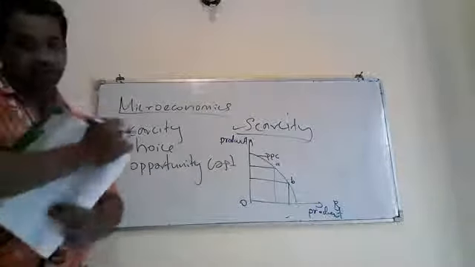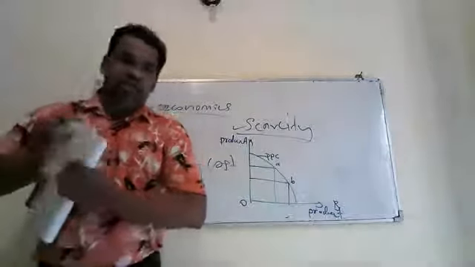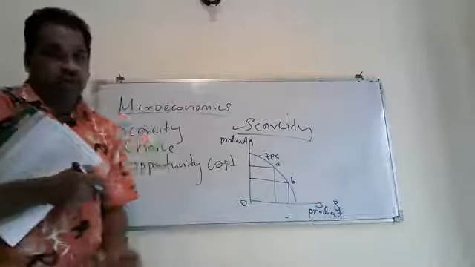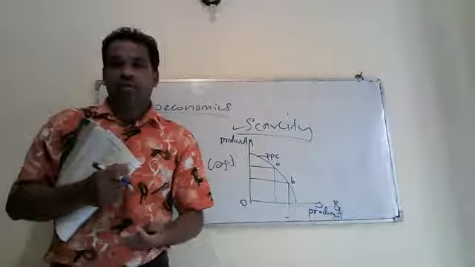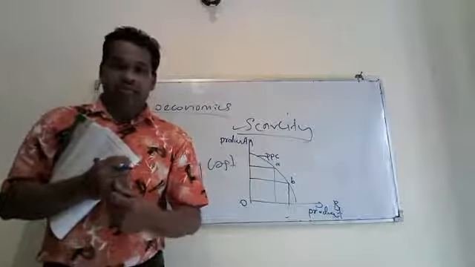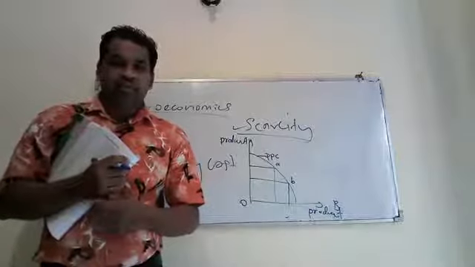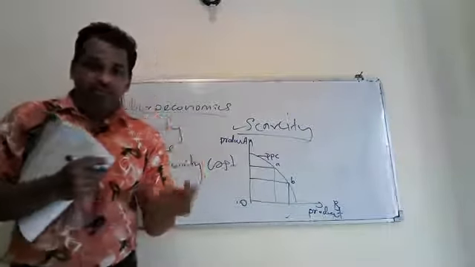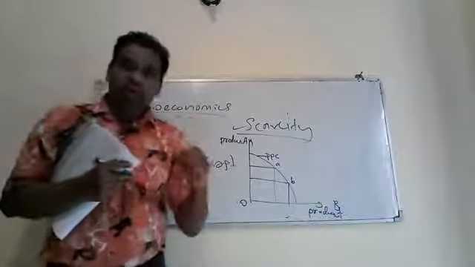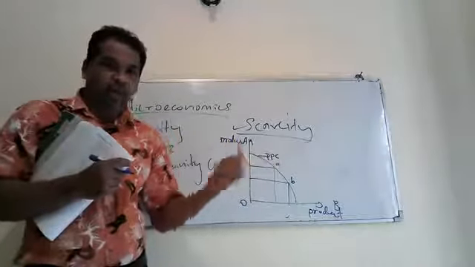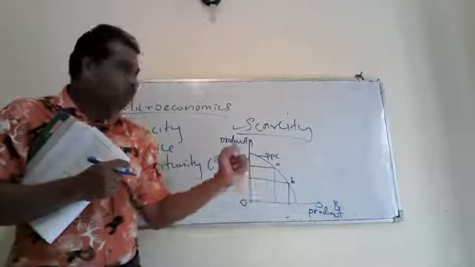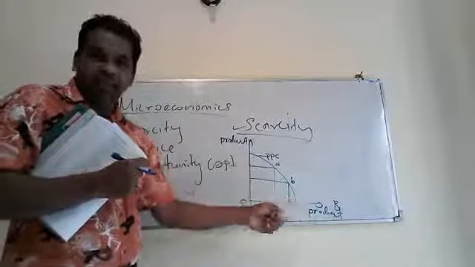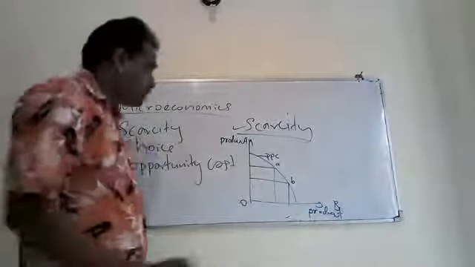What is opportunity cost? You know, opportunity cost is the cost of next best alternative foregone. Even with our limited resources, we have got ordinary uses. We can't fulfill all the requirements. Then we will have to select the best one. When you select the best option, you have to reject all the other options. Then among other options, the best one is opportunity cost. Here, I will use the same diagram to explain opportunity cost.